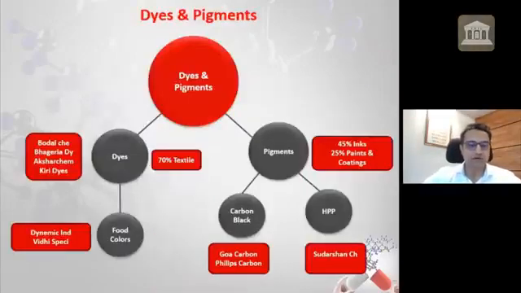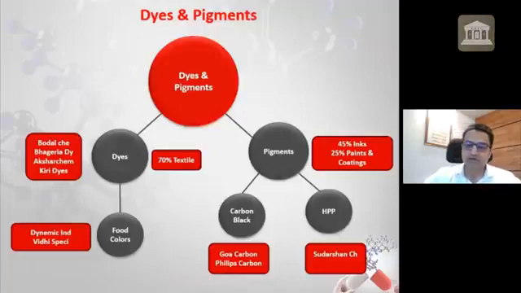Second is dyes and pigments. This industry is actually a highly polluted industry. If you look at dyes, there are multiple players: Bodal, Bulgaria, Akshar Chem, and Kiri Dyes. Food color is a part of dyes only. So Dynamic Specialty basically makes food color, but that's a sub-segment of dyes. In case of dyes, the industry is very polluted. Secondly, there are no entry barriers because the capex required is very small. There's a lot of Chinese competition in the sector. There's no specialization in the dyes. So I will definitely stay away from dyes.